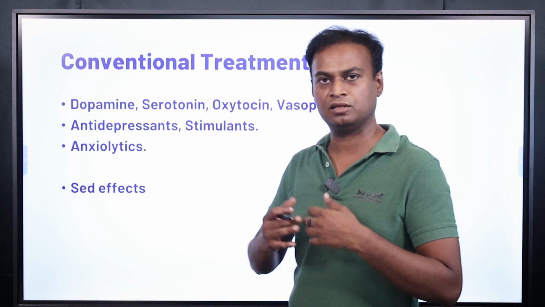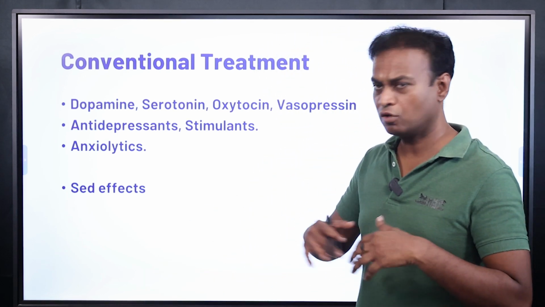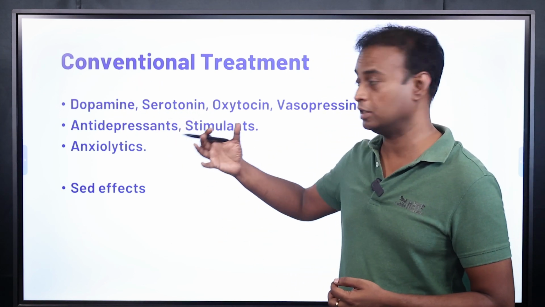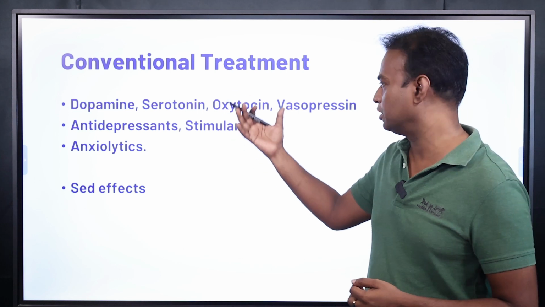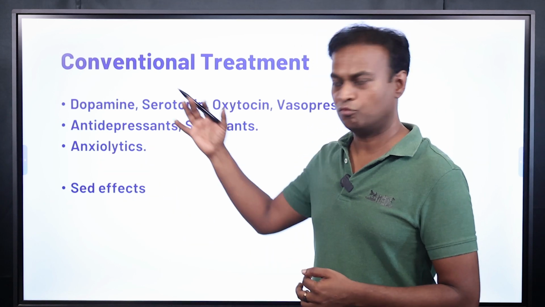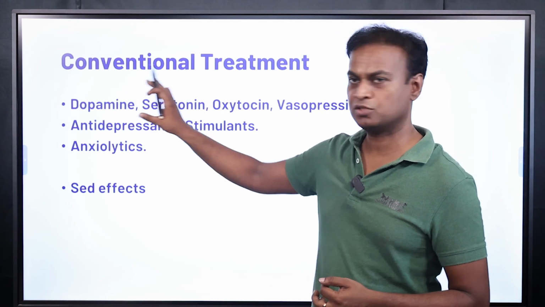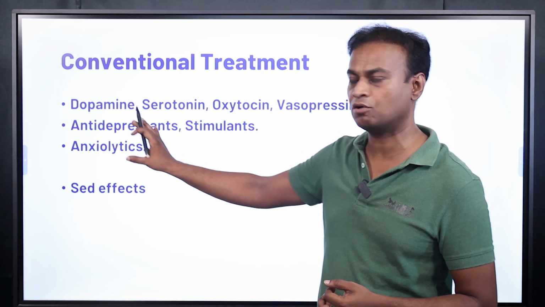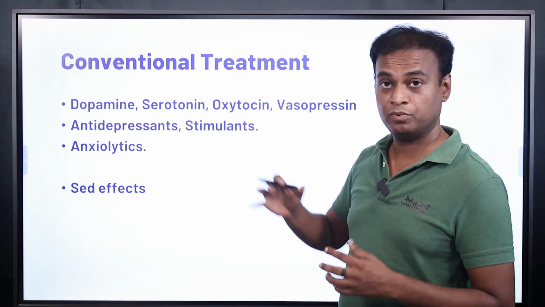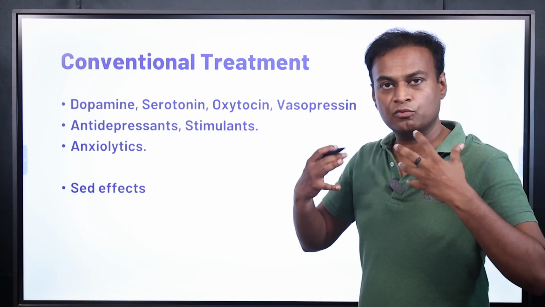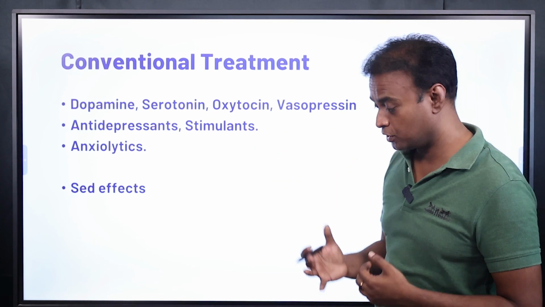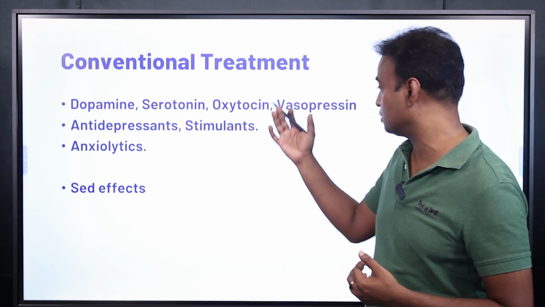What this does is, they have no good medications for autism. Whatever medication they give, they will mess up the dopamine system, they will increase or decrease the serotonin, they will increase or decrease oxytocin, vasopressin. Sometimes they will give antidepressants, stimulants, anxiolytics. Dopamine, serotonin and these are very important hormones in our body. Dopamine plays a very important role in motivation. Serotonin plays a very important role in how satisfied you are in your life, and oxytocin is a bonding hormone. Vasopressin is also a bonding hormone, especially in males.